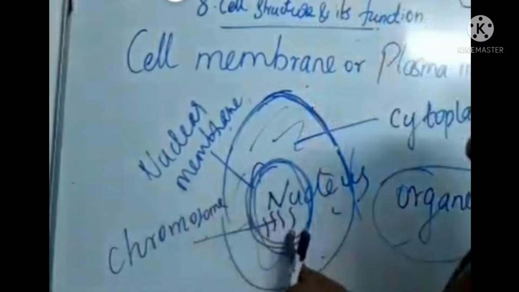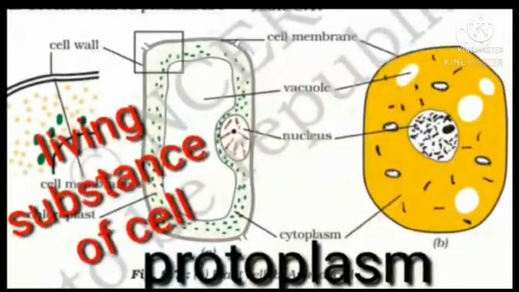Look, students, now it is activity time. Everyone should draw the picture of the cell structure and label the different parts like cell membrane, chromosomes, nucleus, cytoplasm. Look at the picture, children. All the living substance of the cell we commonly call protoplasm. It consists of cytoplasm, nucleus and cell membrane. All these parts together are called protoplasm.